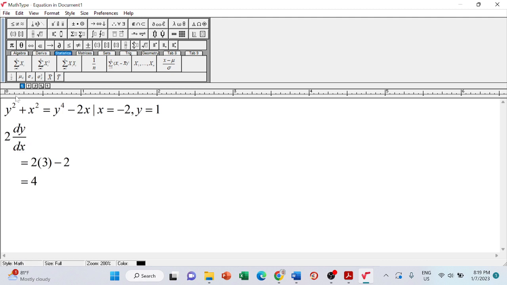Okay, so y kuasa 2 akan jadi 2 dy dx. Then x kuasa 2 kita bezakan macam biasa akan jadi 2x. Okay, so this is for the left equation. Okay, y power 4. Sekarang kita ada satu lagi y. Y power 4 ni kita buat macam y kuasa 2. So dia akan jadi